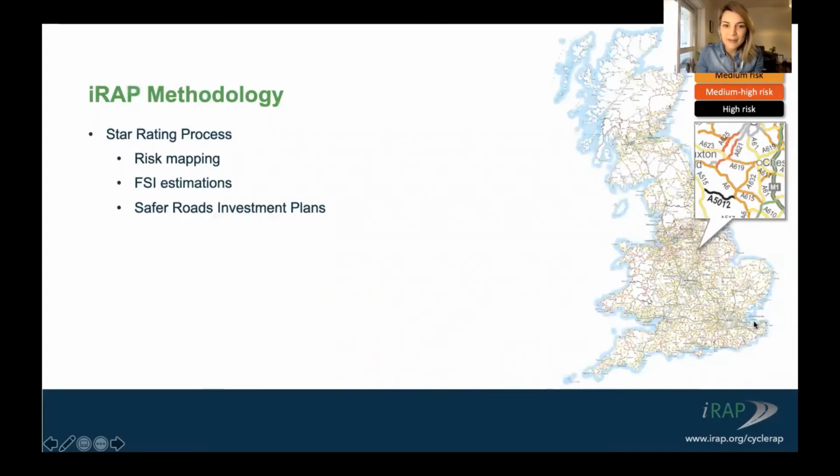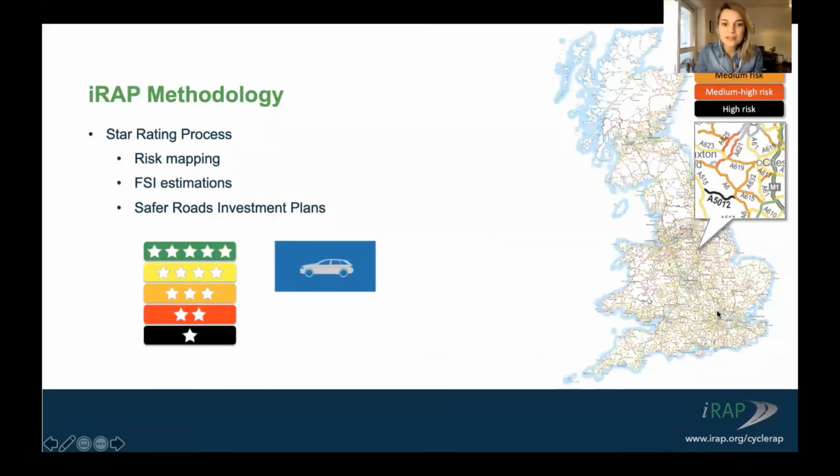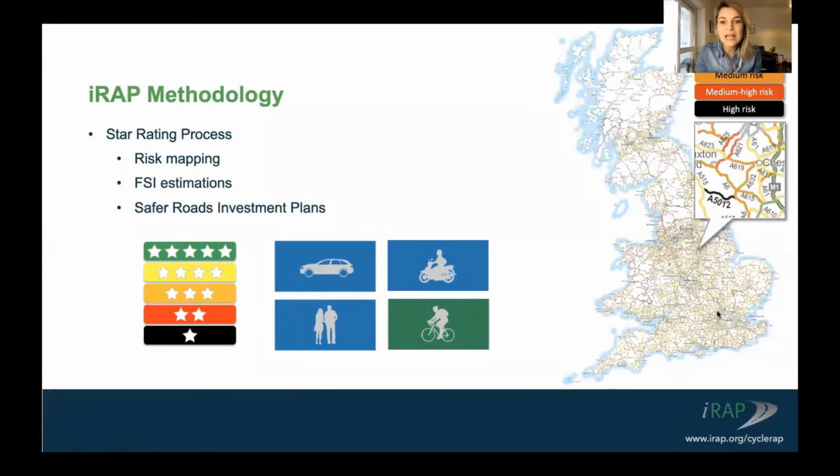You probably heard about iRAP because of the iRAP star rating methodology. The star ratings are based on road inspection data and objectively measure a crash's likelihood and severity. We classify roads as 1 to 5 stars, where 1 star is the least safe situation and 5 stars is the safest. As a result of the star rating process, we can provide risk mapping, fatal and severe injuries estimation, as well as safer road investment plans to increase infrastructure standards for 4 types of road users: vehicle occupants, motorcyclists,